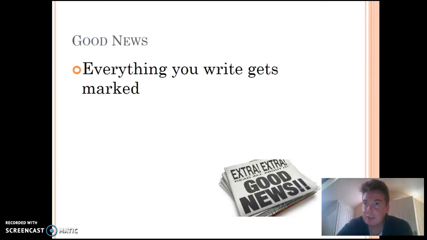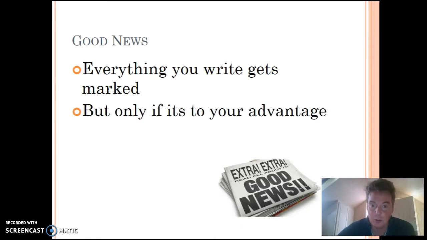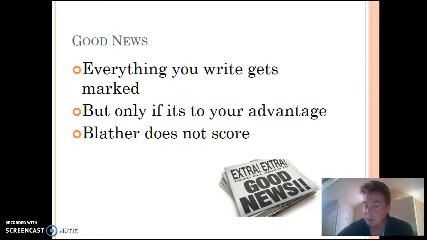So everything you write gets marked. Even if you draw a line through your answer plan or whatever, we will still have a look at it, and if there's something that you haven't included in your answer that is relevant, you will score for it, but only if it's to your advantage. Thing to remember is if you just write complete nonsense, it doesn't actually score marks. So if you're talking about Porter's 5 forces and you start talking about the invention of the stirrup, changing cavalry, having an impact on warfare in Europe and redefining the boundaries of Europe, it's very hard to see how it's relevant to an information technology module.